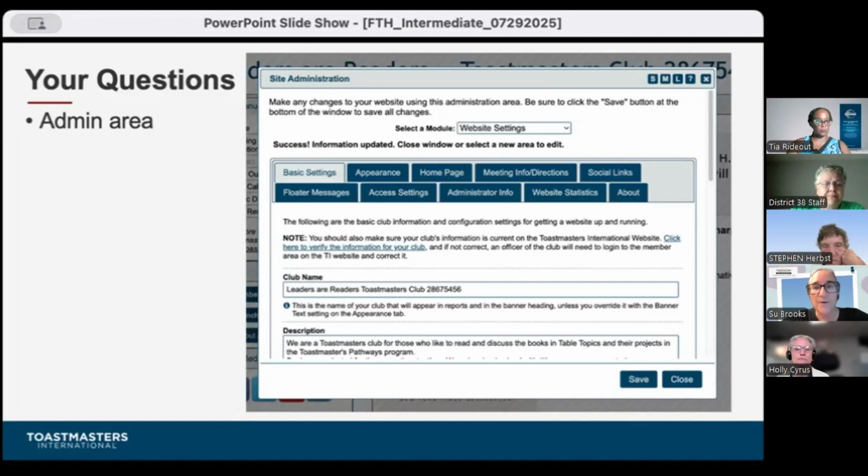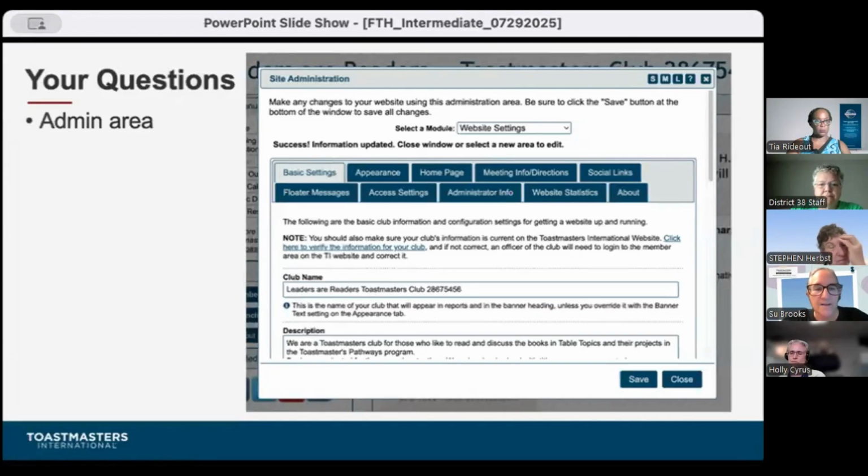A longer number will indicate that your club is newer, and newer is a relative term, but a smaller number of numbers, say 2634, indicates that club has been around for a while. One of my first clubs, 7192. That club was around for a while. So on this screen, you'll see basic settings, and then each of the tabs will take you to a place where you can find more information and perform more functions.